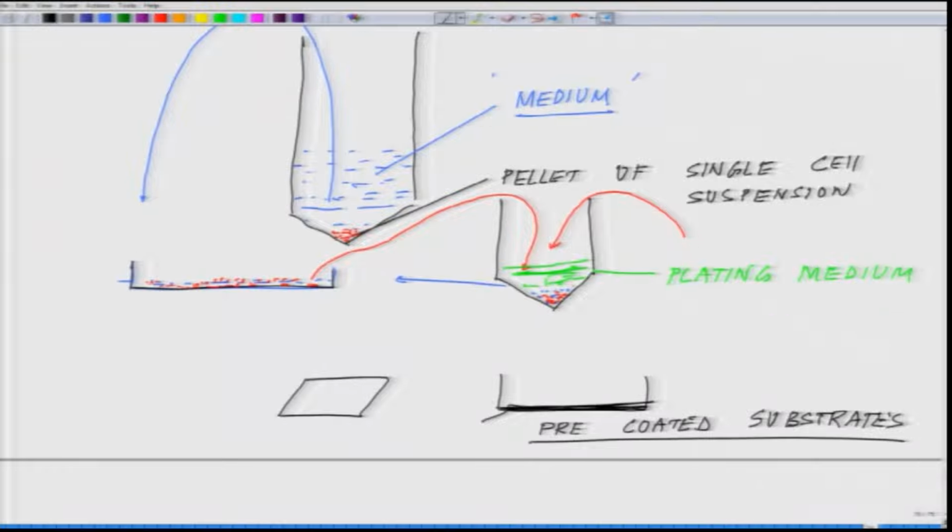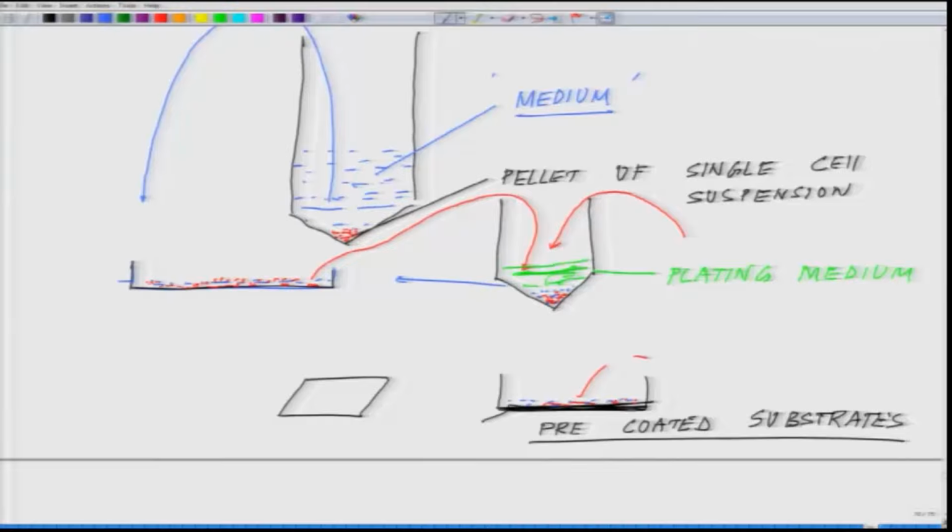On those pre-coated substrates, you first put a very small amount of cell suspension. You distribute it. Say, for example, you have to coat 50 cover slips, or 12 cover slips, or 6 cover slips. You divide. It is preferable that you resuspend it in say 1 to 2 ml of plating medium, and if you want to split 2 ml, which is easier to work with, into 6 cover slips,